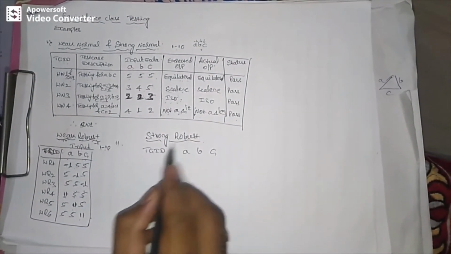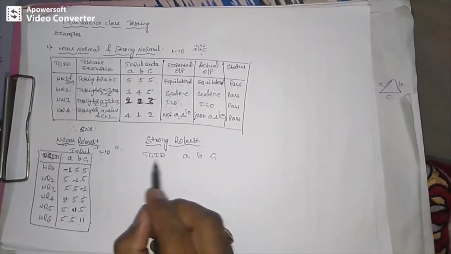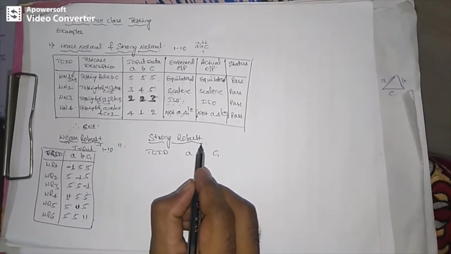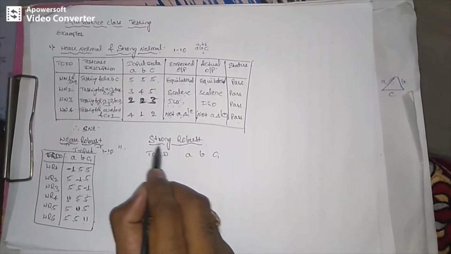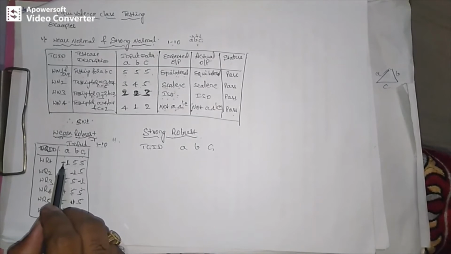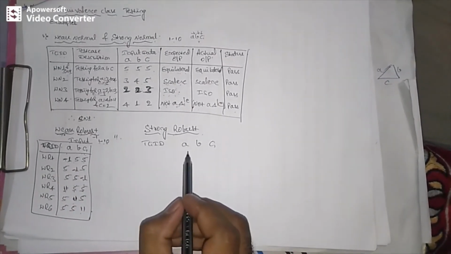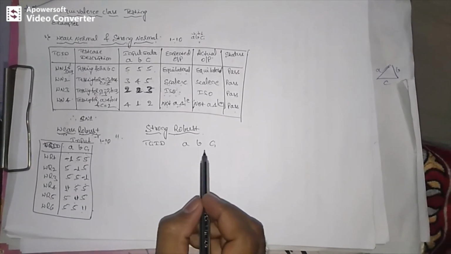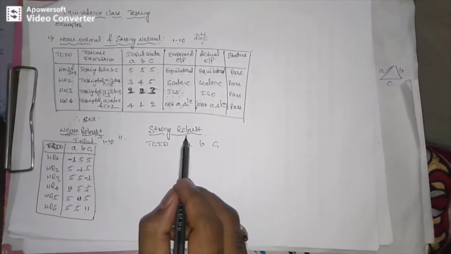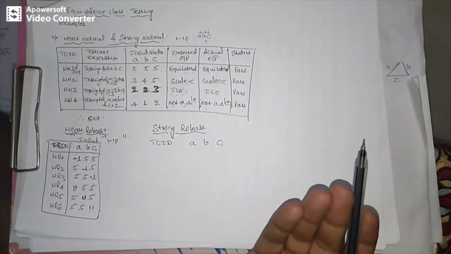So in the strong robust, for a triangle problem, now we are writing the test cases. How to write the test cases? I told already the robust is nothing but invalid inputs. Now the strong indicates the multiple fault assumption. It's not like one input will be invalid and the other two will be nominal. Here more than one input will be invalid, therefore we are calling it multiple fault assumptions. That is nothing but we are giving an invalid input, more than one input will be an invalid input.